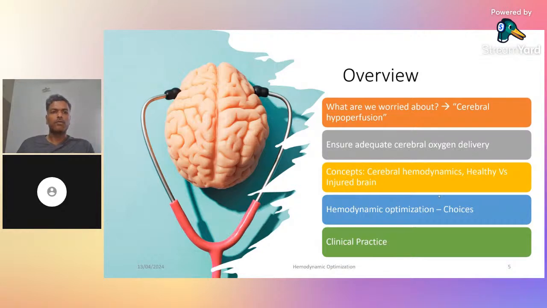Next, what choices we have at bedside for hemodynamic optimization. And last, we look at the clinical practice. Specifically, because I cannot cover many topics, I have concentrated on two important ones, subarachnoid hemorrhage and TBI, in this group. But once you get a hold of all the principles involved, depending on the diagnosis and the pathophysiological time point, you can decide for yourself what would be the best lines of management of the